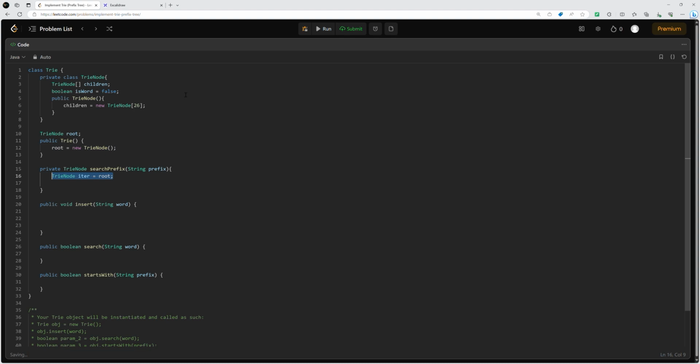Next, for search and startsWith, they're basically almost the same methods. The only difference is that for search, we have to check if isWord is set to true. So to not repeat our code, we will just define searchPrefix, and we'll pass the prefix as the argument. So we are just trying to find the prefix, and we will use this method for both the search and